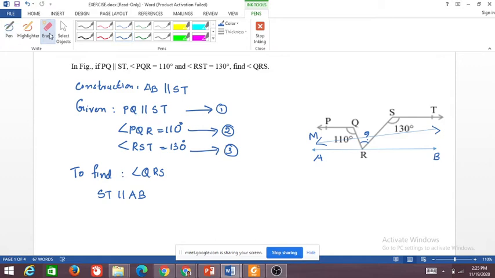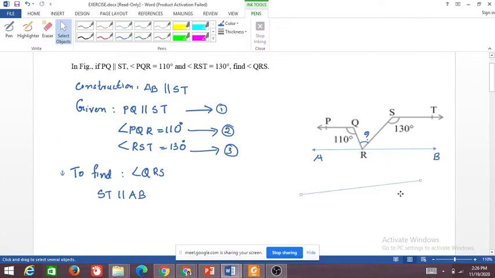That line MN intersects, ma'am. So is that a parallel line? It will intersect. So does that mean it will be a parallel line or not? Will it be a parallel line? No, ma'am. So now do you think any straight line between ST and AB will be parallel? So is any straight line between ST and AB parallel? So this was also a straight line. No, ma'am. Yeah, they may not be parallel.